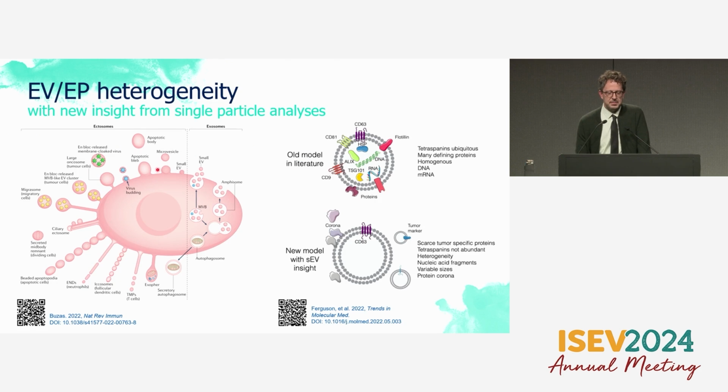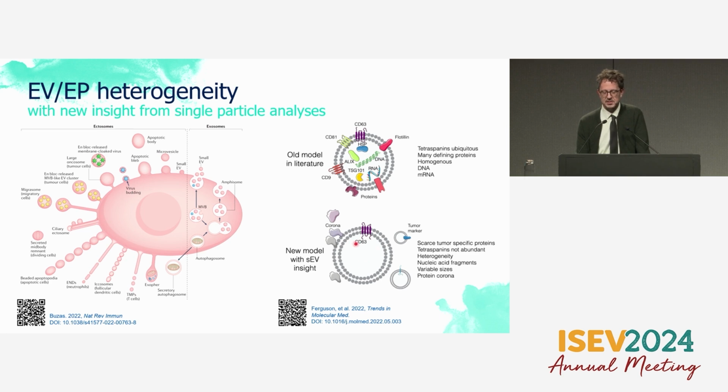And we're starting to see much better images, if I can editorialize and say that this is better, because it actually is starting to appreciate that diversity of the different particle types which are emerging from cells. And then there's this, which was shown a couple times today, showing this picture that I ragged on in slide one, this classic image of a beautiful homogeneous EV, which contains every class of biomolecule that's measured in the bulk. And then actually real EVs are probably messy. Many of them are probably empty. I think this picture goes a little too far.